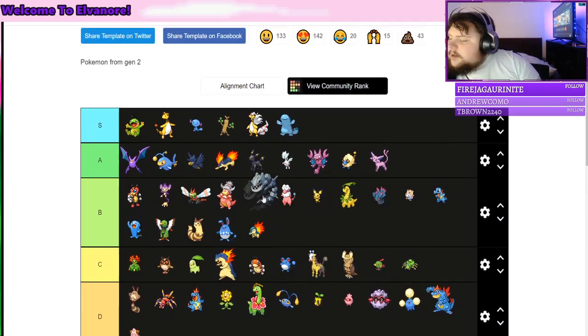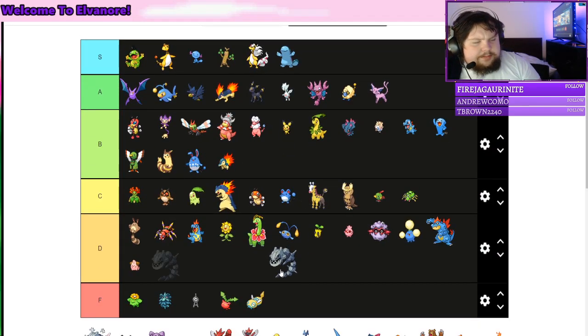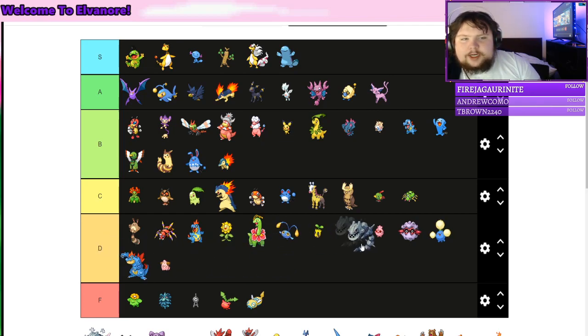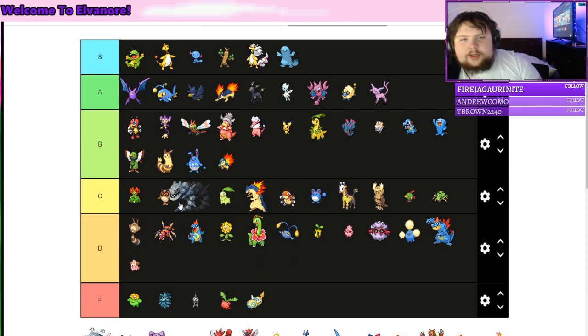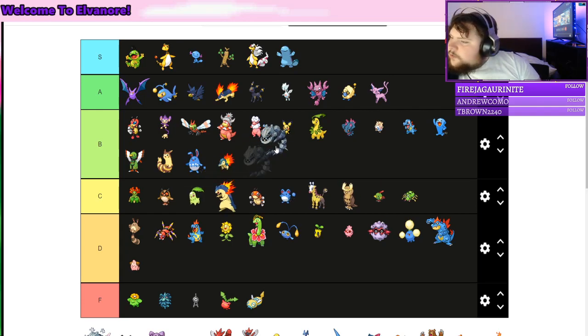Steelix. I think it's a cool Pokemon. I appreciated it more when I used it in Pokemon Reborn, because it became a bloody lifesaver for me when I had to use an Onix in my Pokemon Reborn game. That was crazy. I'd probably put Steelix, truthfully, like...